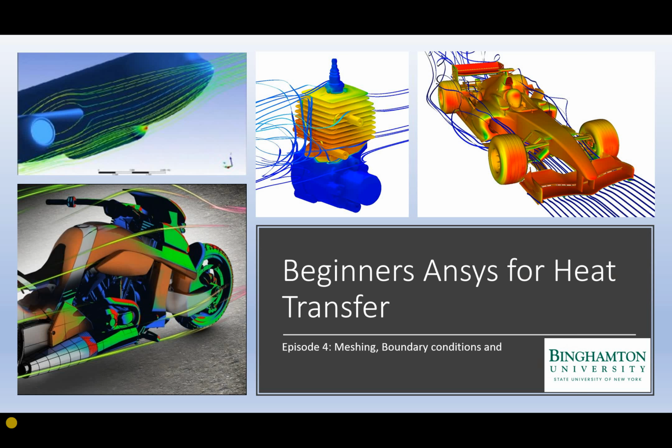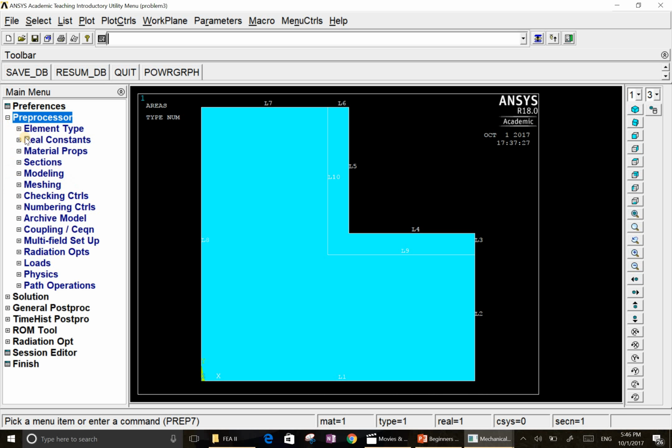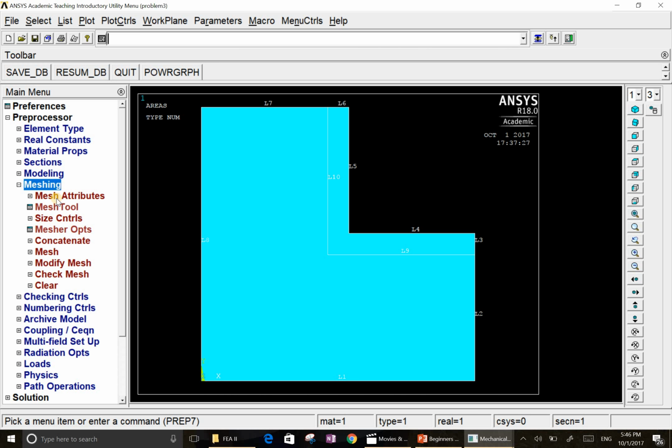Let's go to ANSYS. First, we will do meshing. Look for meshing under preprocessor. Click meshing. Before meshing, we have to set default mesh attributes, that is which material, element and real constant we want to mesh with. Click on mesh attributes,